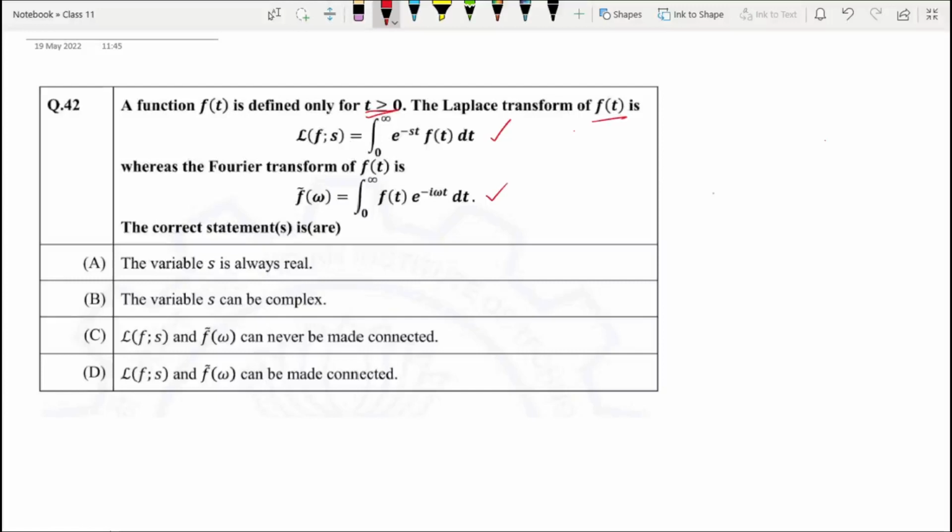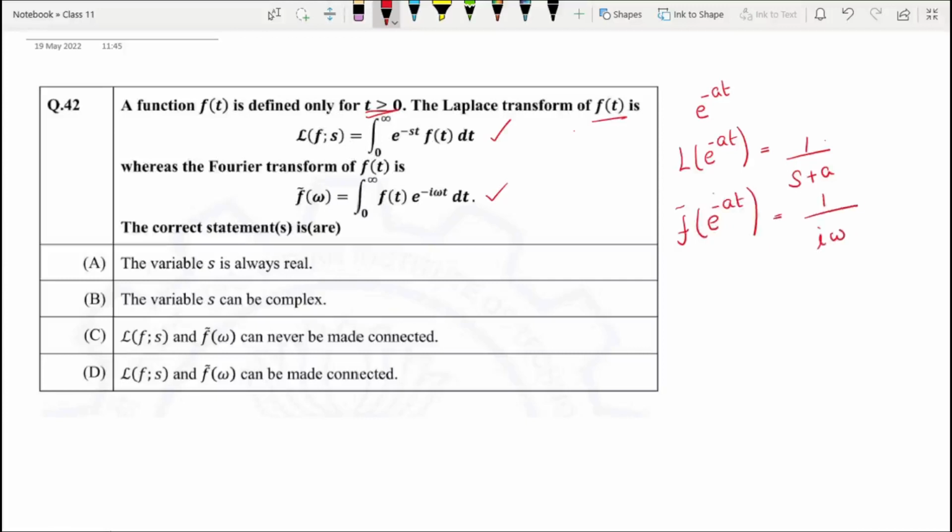So first we will take a function e power minus at and try to find what is the relation between Laplace and Fourier transformation. The Laplace transformation of e power minus at is 1 divided by s plus a,